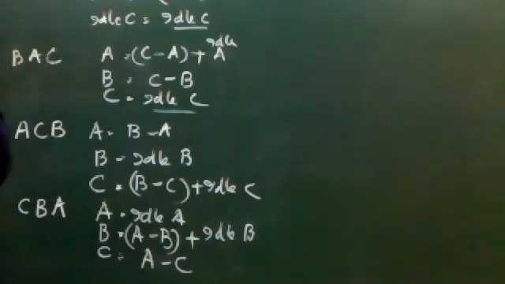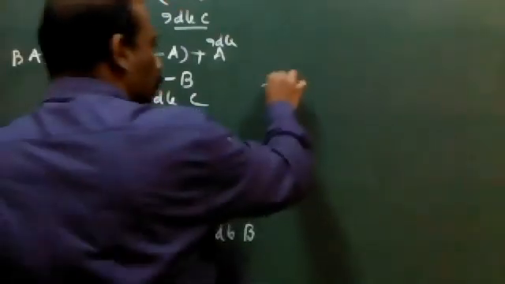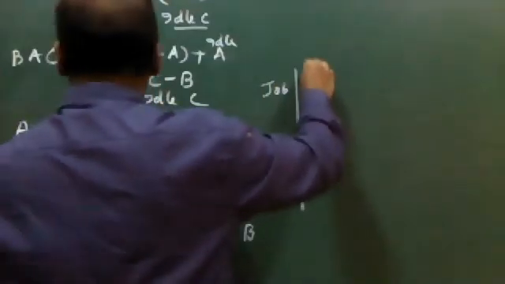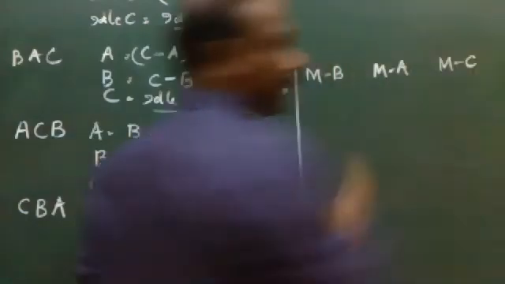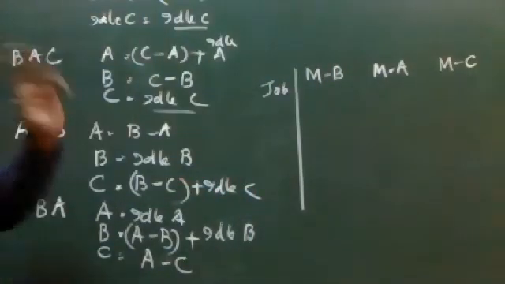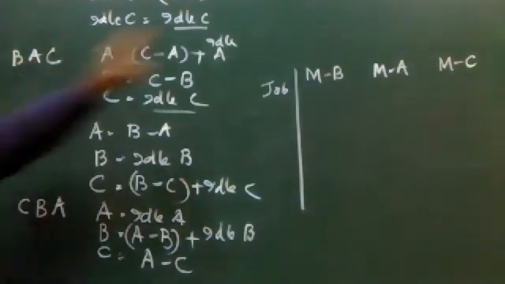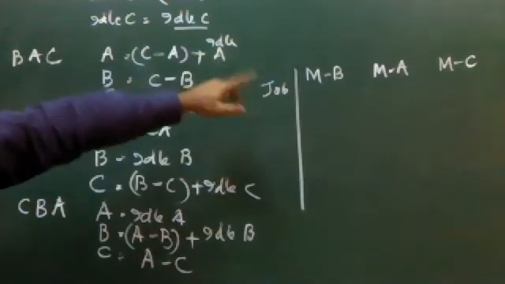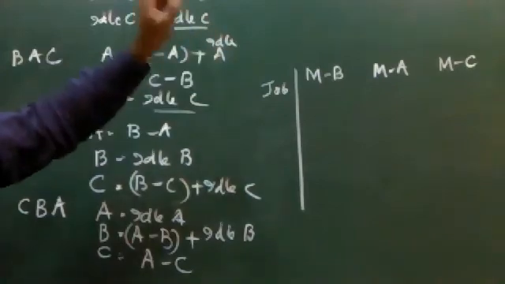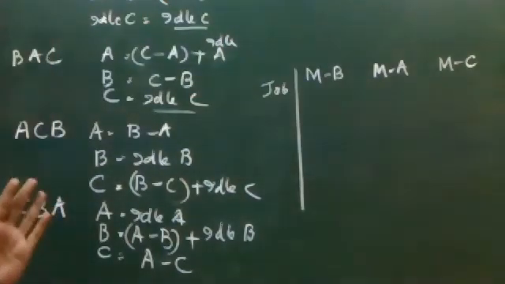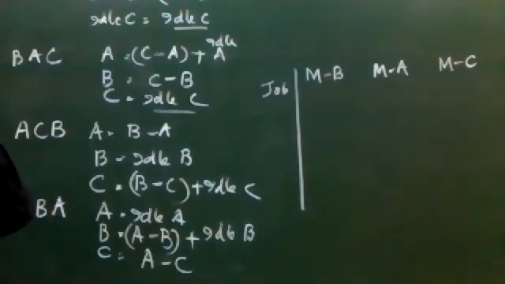Now, one more important point I want to tell you. Let us say the problem is supposed to be solved in BAC. How do you write the table now? As usual, the first column will be job, then machine B, then machine A, and then machine C. It should be written in the same order as given in the question paper: B, A, C, that is in-out, in-out, in-out. And in the last three columns will be idle time of B, idle time of A, and idle time of C. That is the only change that happens in three machine problems if the question is asked in different orders.